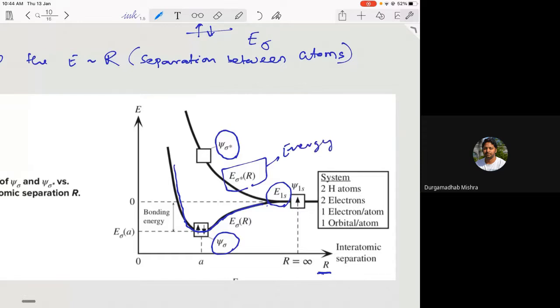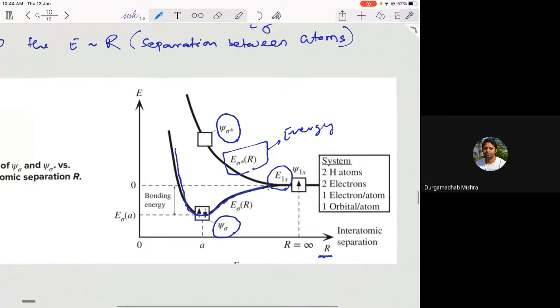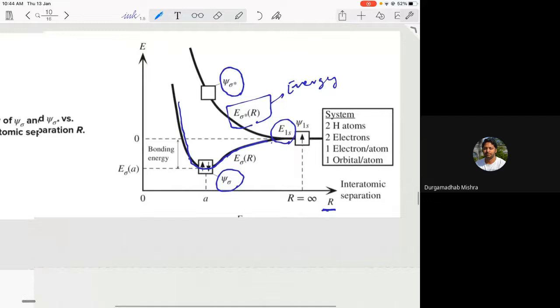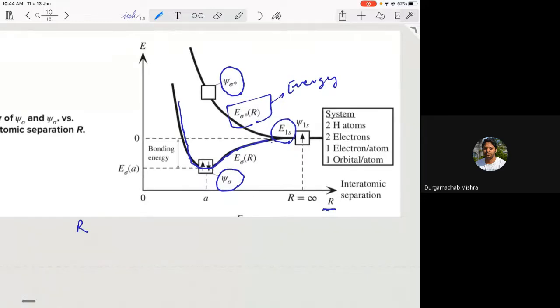And so clearly what you see is, at a particular separation A, when R is equal to A, you have the favorable condition for the molecule to form. So the H2 molecule will form. And the reason here is that the energy in the bonding molecular orbital is the lowest here,